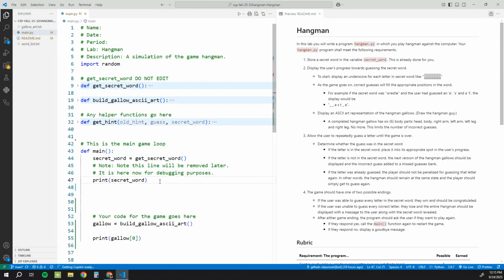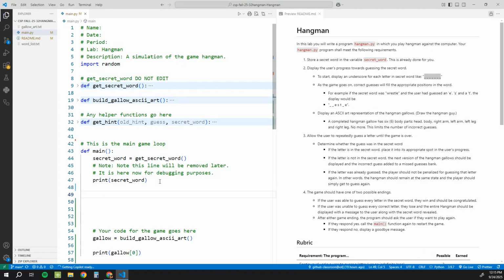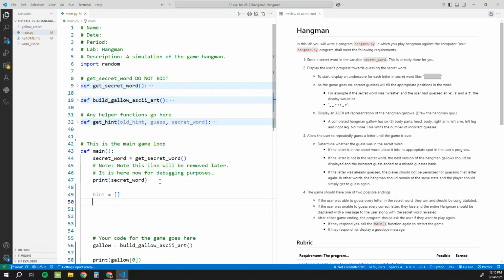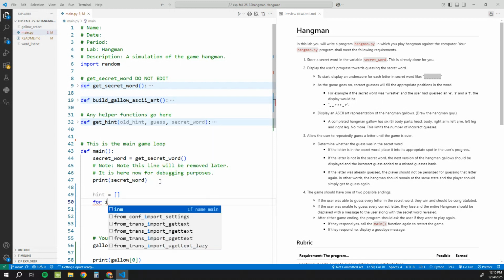So I think what I want to do is I'm going to use the accumulator pattern because that's kind of where I usually go. I'm going to make a variable called hint, and I'm going to make it an empty array. And then I'm going to loop through every letter in the secret word, and for every letter I'm going to add an underscore. So I would say something like for i in